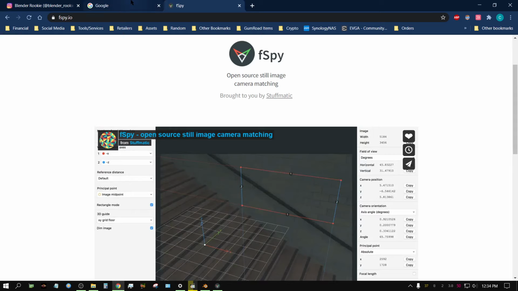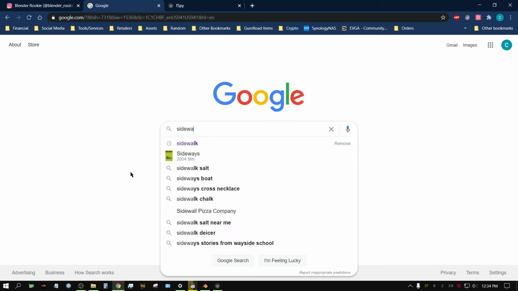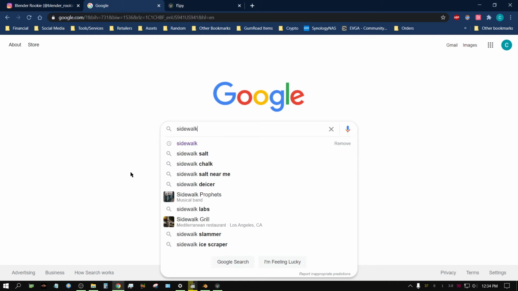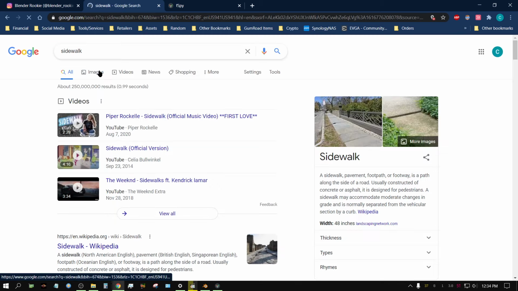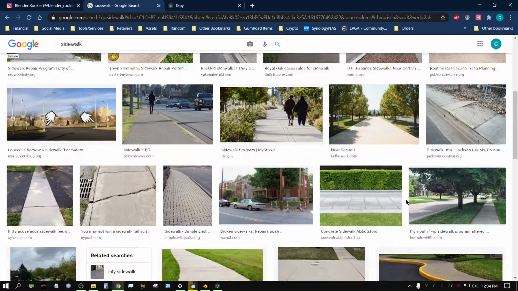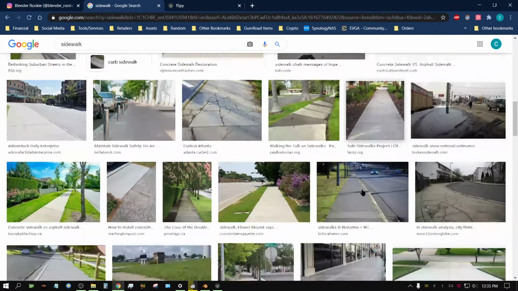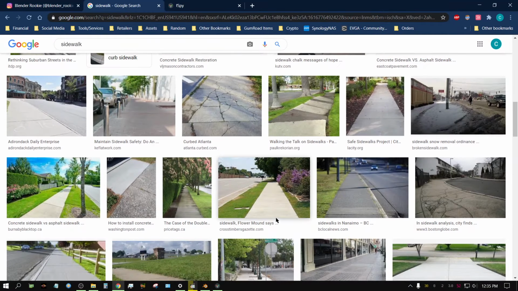Now we need an image to import into this, so let's go ahead and find an image on Google and we'll start there. And to make this easy, we're just going to search for a sidewalk image. Alright, and I'm just going to go to images, and let's see, I'll find one that looks halfway easy. And what I'm looking for is one with straight edges, because